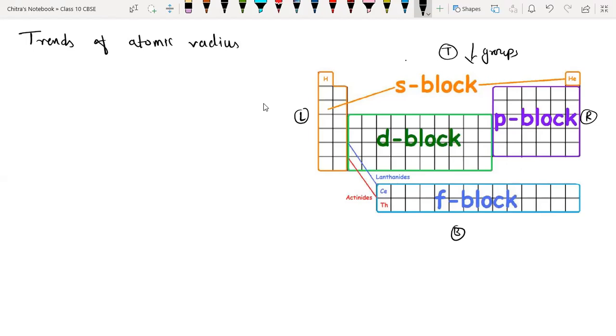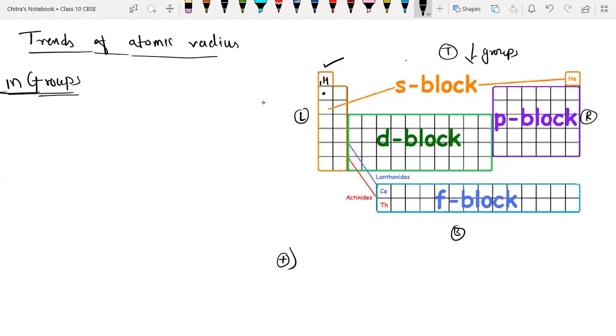Okay, so I'm writing here the trend of atomic radius first in groups. See, I'm just discussing about the first shell. You will understand. Suppose here we have first atom. Here we have hydrogen, and hydrogen has atomic number 1 only. That means hydrogen has only one shell. Is it? Yes, sir. In order to acquire that one electron, hydrogen requires only one shell.